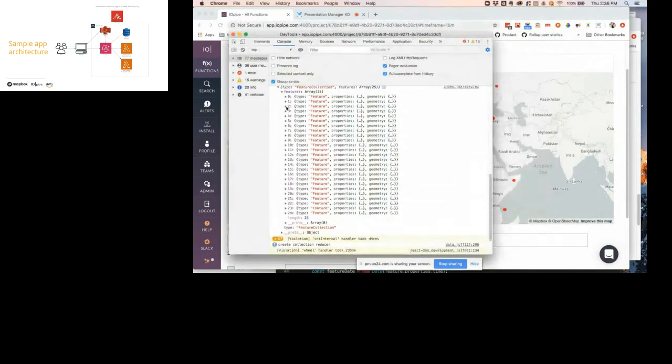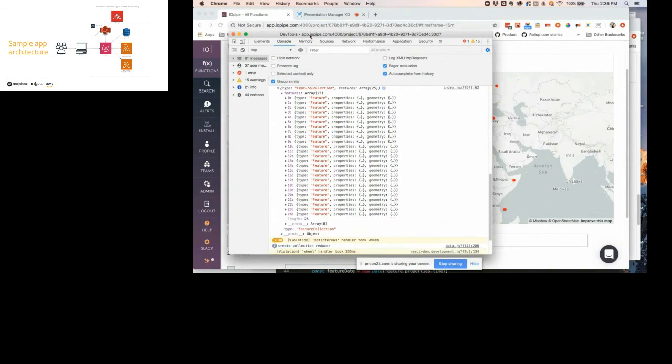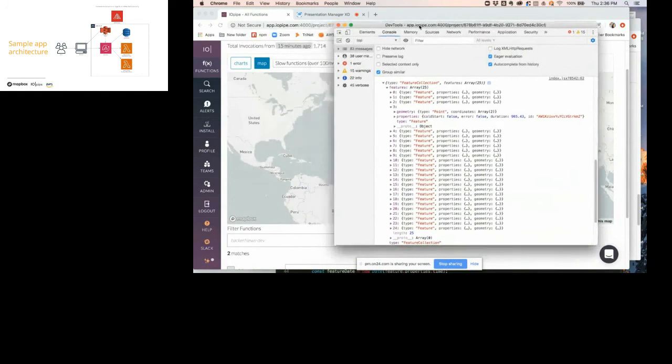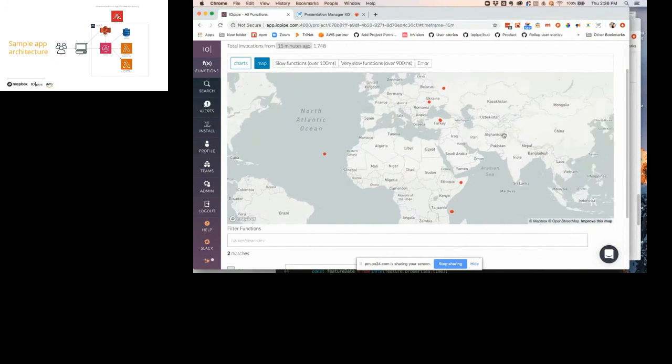Can you see outside the browser with this? We can see your console. Oh, okay, great. I just wanted to show that we were able to bring some of this stuff in here. I was going to show a little bit of code, but here we have some invocations showing up on the map, updating in real time. This currently runs on a schedule every minute, so it'll update every few seconds, checking for new invocations. Those pop up on the map as well, which is a nice, powerful tool.